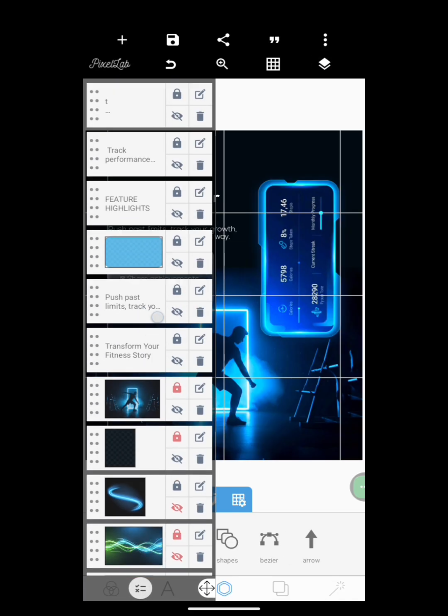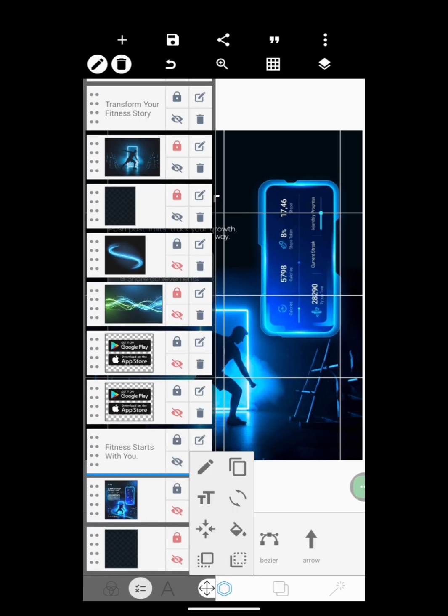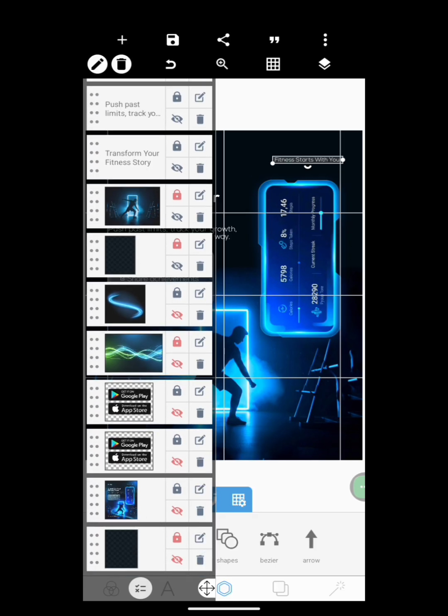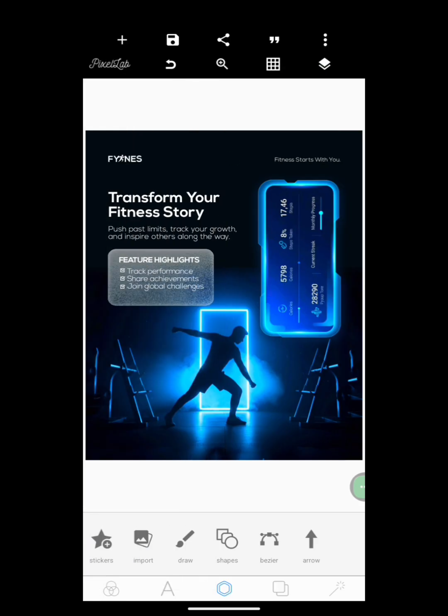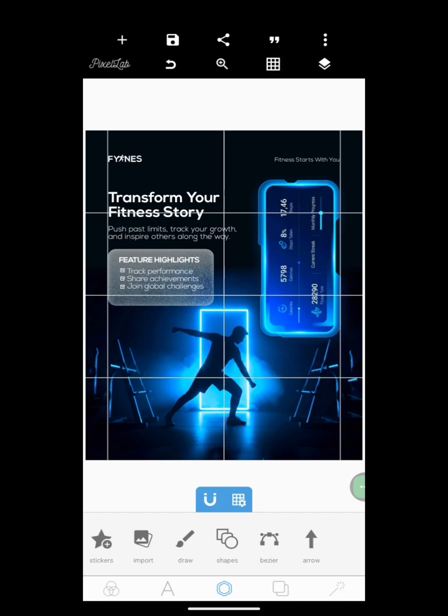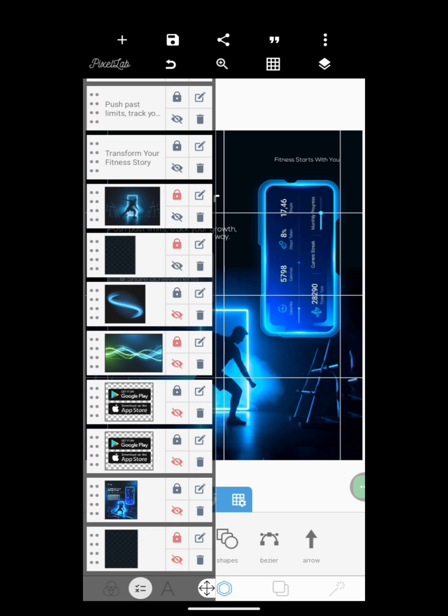Then we'll bring in the tagline. So the tagline of the brand says fitness starts with you. Yep. Then the next thing is to